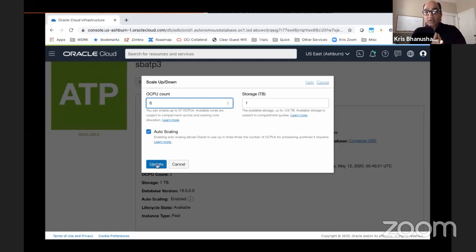There's also auto scaling. All you've got to do is check that box on your service to say, whenever the workload crosses a particular threshold, automatically scale up. So it scales up, provides whatever OCPUs are needed. You can scale up to 3x of the base number of CPUs you have assigned. And then when everything is back to normal, it can scale down. So this allows you, without any human interaction, to make sure that your application has the resources, without having to pre-allocate those OCPUs ahead of time. From a cost perspective, you can imagine how that plays into your overall consumption of cloud resources.